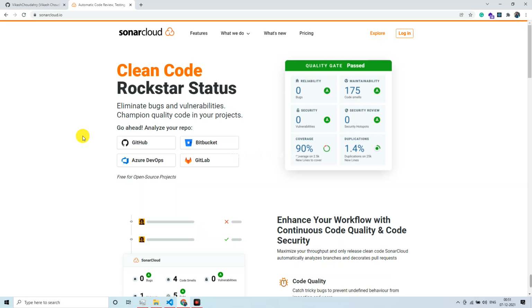Since, as I said, we are using the free version, to make it simple I'm trying to use the public repo. That's all. Right now, I hope the reasoning is clear. But if you still have any doubt, that will be clarified as soon as I do the entire setup, and you will come to know why I am talking about this.